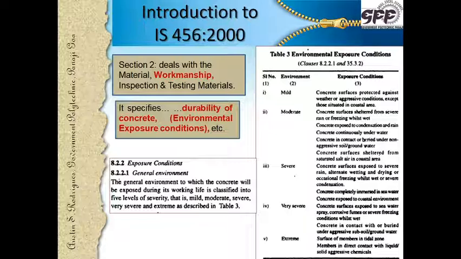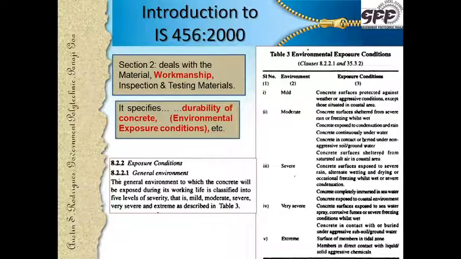From any place within 5 kilometers to 10 kilometers we find the river or the water body. So given a consideration like that, there are more saline vapors which come into the environment and these become more aggressive. These are more aggressive towards the concrete and the reinforcement. So we cannot consider our Goan environment to be mild. Let us look at the next condition. In table 3, the next level is the moderate level. Concrete surface is sheltered from severe rain or freezing. So let me look at the first part. Concrete surface is sheltered from severe rain.